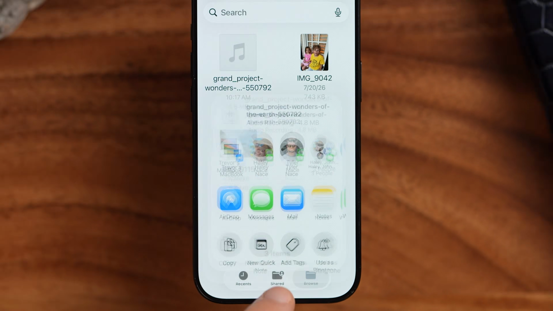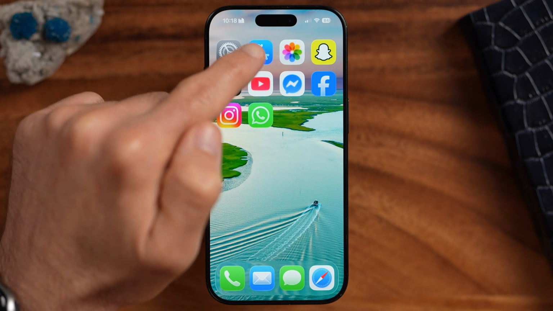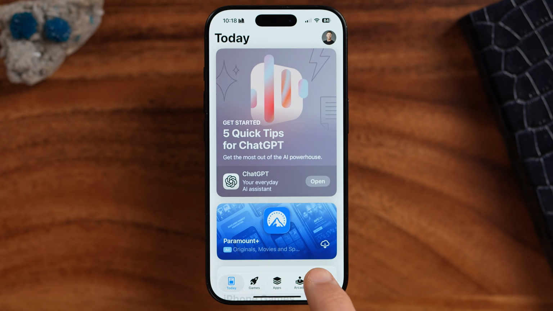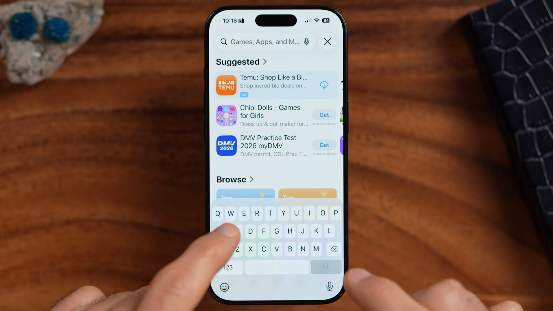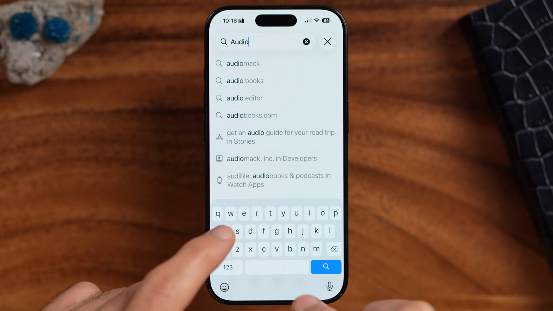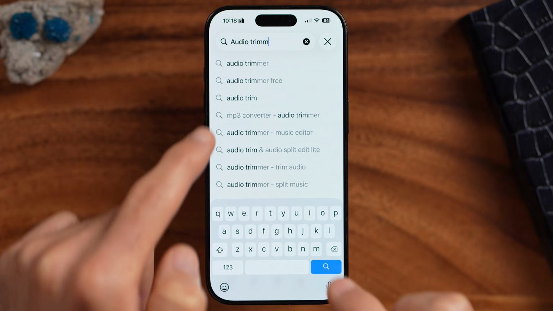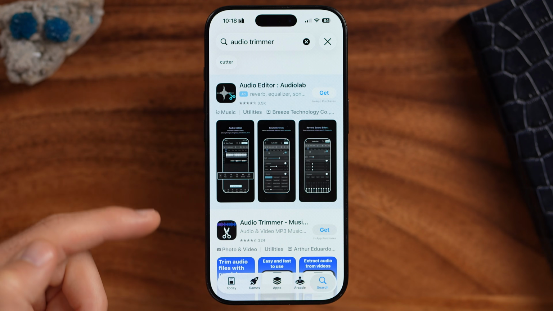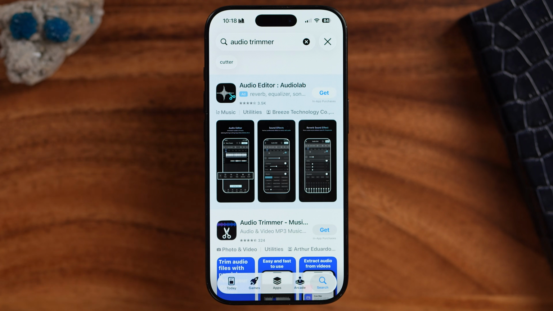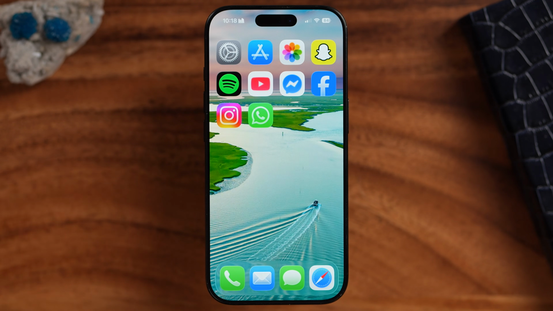So if this song is too long, all you need to do is go to the App Store and then just tap on search and just search for audio trimmer. And there are a bunch of free audio trimmer apps that will trim that down to under 30 seconds. That's the first option. However, there's another option to be able to download them directly into the Settings app of